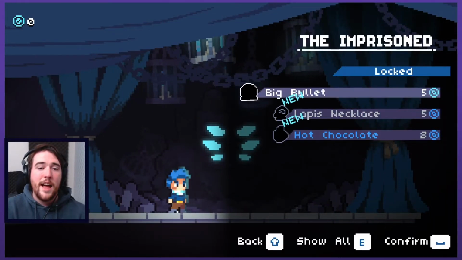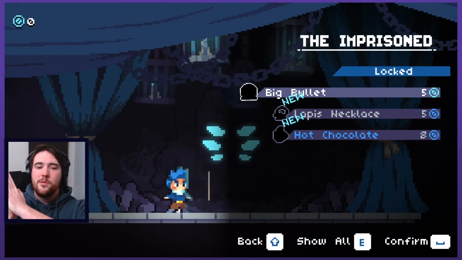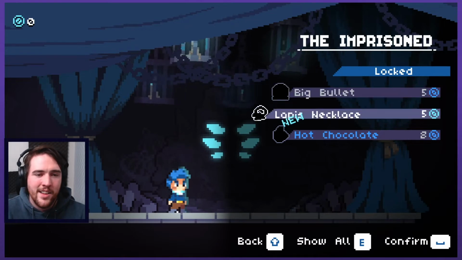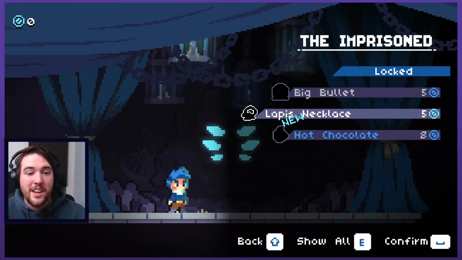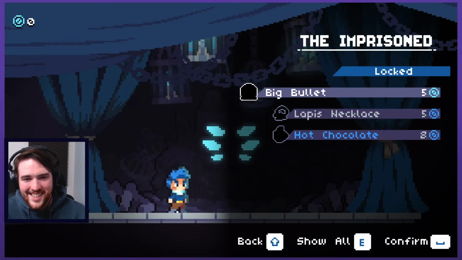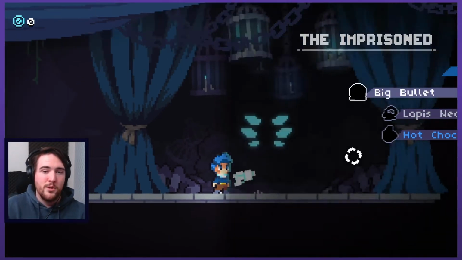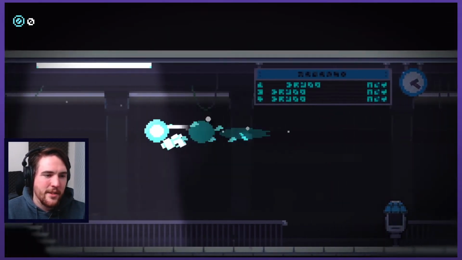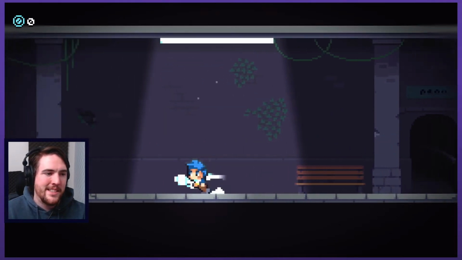Jeez. The lapis necklace. Okay, so that's cool. By finding that key down below, it added a new thing that I could unlock up top here. So I don't really get to know what it is even. Any of these. The big bullet I can kind of guess. The hot chocolate is written in a different color too, which who knows what that indicates. But I'm immediately starting to see the different ways that you can chain some of this stuff together, some of the roguelite elements that would make the...